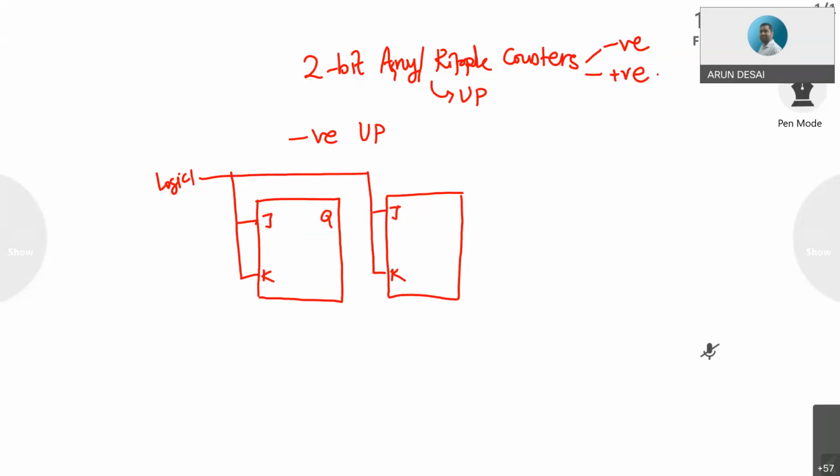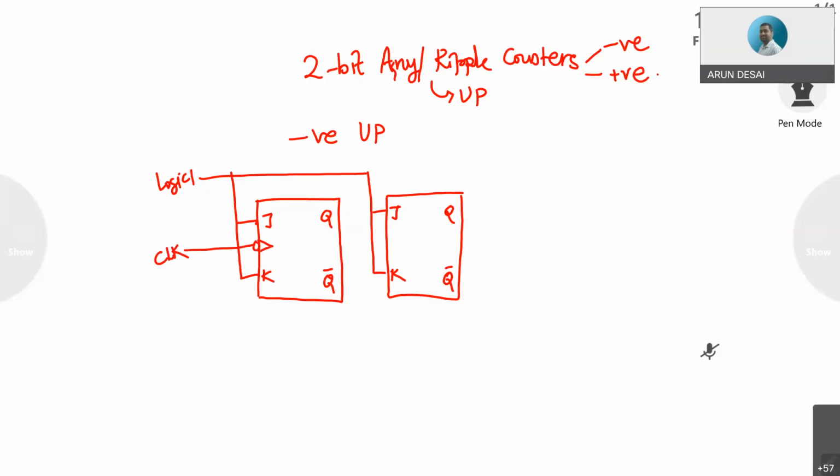Then this is my Q and Q complement, right? So if suppose I draw like this for the clock signal,